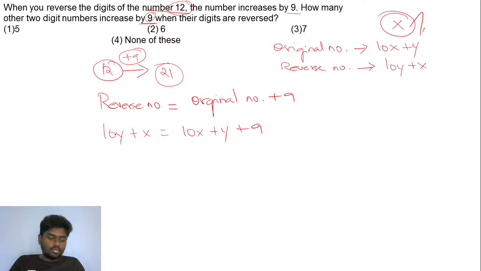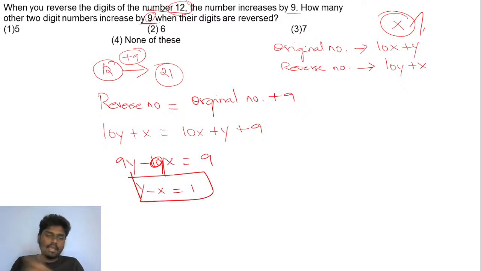If you try to do this, if you take 10x and 10y to this side, it's going to be 10y minus y, 9y minus 9x is equal to 9. Right, from this, can I say y minus x is equal to 1, if I take 9 common outside and divide by the right hand side? So I've got y minus x is equal to 1. So guys, let me go for the trial and error now.